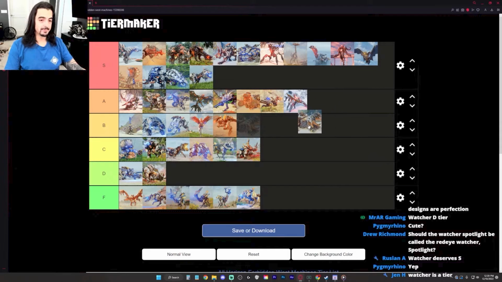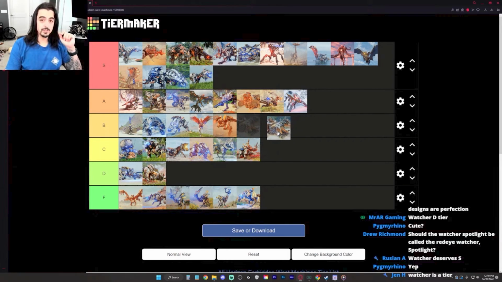I think the design is really cool. I appreciate that we had a large hippo in the game. I do wish that it was kind of on par with the Snapmaw. I think it's a lower tier or lower level machine than the Snapmaw. I wish they were on par with each other, because in real life, hippos can destroy alligators. Hippos are extremely deadly, actually. So I kind of wish that it was a little more powerful, but I'm gonna put it at the top